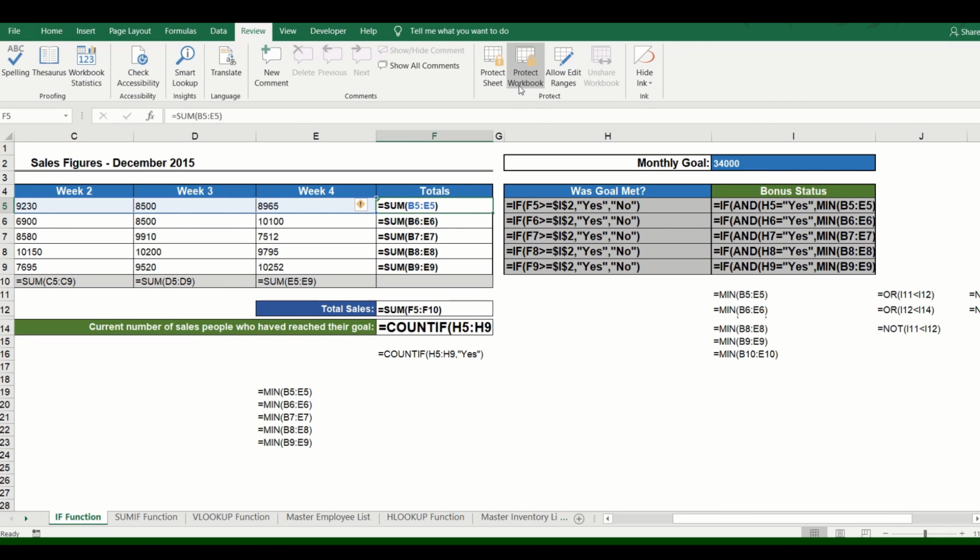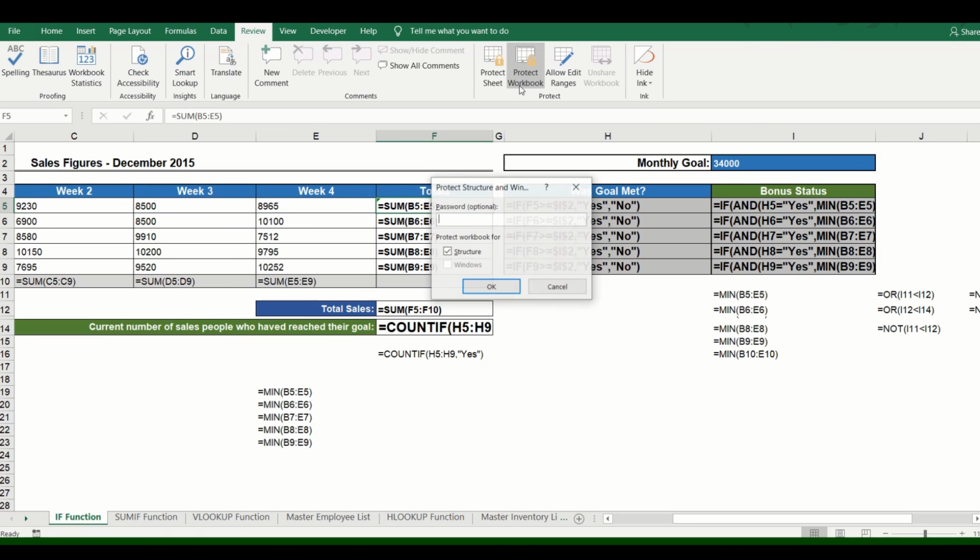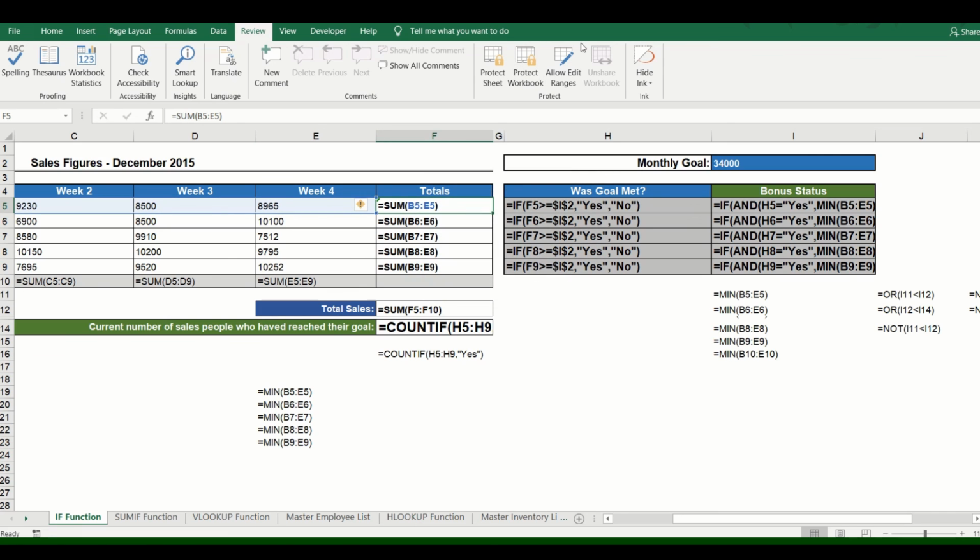ऑलराइट। सो सिमिलर वे में आप वर्कबुक को भी प्रोटेक्ट कर सकते हो, ठीक है। वर्कबुक में या तो आप स्ट्रक्चर को प्रोटेक्ट कर सकते हो, नहीं तो पूरा स्क्रीन को प्रोटेक्ट कर सकते हो, ठीक है। So this is an option for you and you can insert a password and protect your workbook. And workbook in the sense a collection of all worksheets. This entire Excel file will be protected, ठीक है।